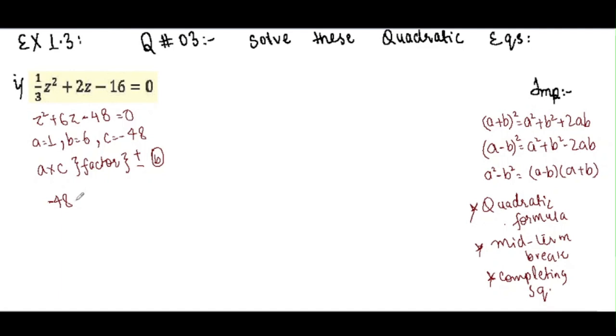Okay, now we are going to make factors of this term. What are the factors of minus 48 such that they make 6? There are no such factors. You know, what are the factors of 48? First of all, we are going to write those factors. 48, 1, 48s are 48, 2, 24s are 48, 3, 16s are 48, 4, 12s are 48, 5 does not go for 48, and 6, 8s are 48. So none of the terms when added or subtracted make 6. So this way of solving a quadratic equation cannot be used over here.